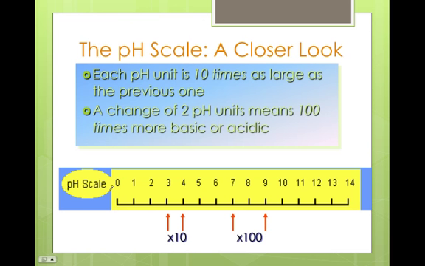So if we take a closer look, what this actually means is that each pH unit is 10 times as large as the previous one. If I change the pH from 3 to 4, that's only a times 10 change. But if I go from 3 to 5, it's times 10 and then another times 10, right? Which makes a times 100 when we change 2 pH units. It's 100 times more, but